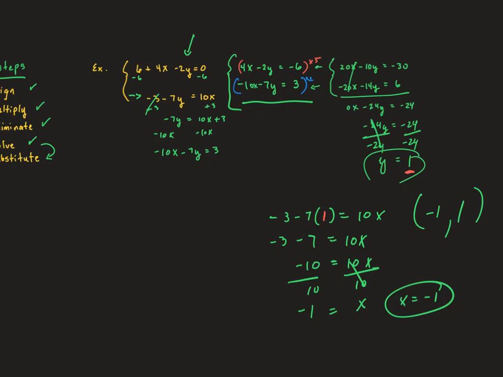So there you go. And if I were to check that, I would just put my x and my y back into my original equations, and it should work out. And in doing so, let's just take that top equation. So I have 6 plus 4x minus 2y equals 0. Well, we said y was going to be the value of 1, x was going to be the value of negative 1, so I have 6 minus 4 minus 2 equals 0, and sure enough, 6 minus 6 equals 0, or 0 equals 0. So yes, that does check. So there you have solved